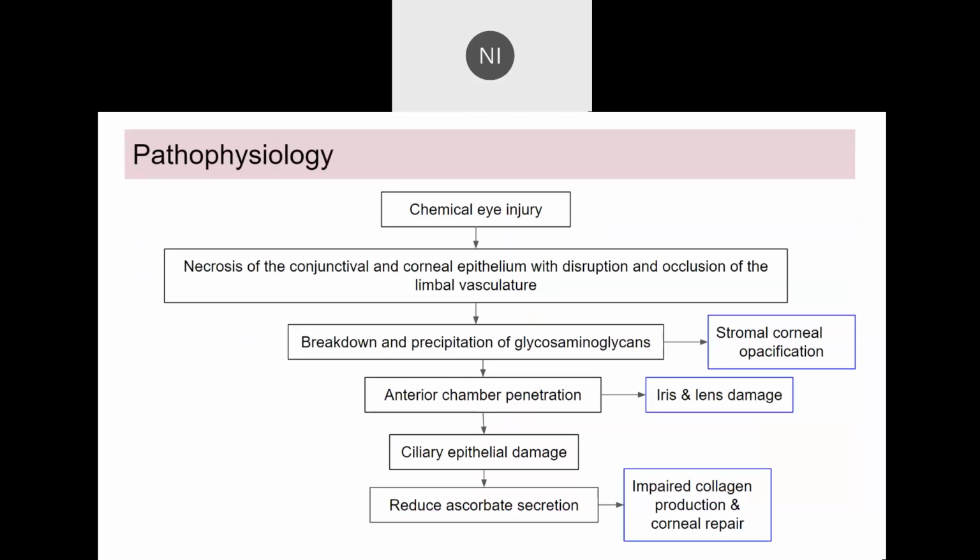Next is the toxicity. Any exposure to acid or alkali will cause chemical eye injury, and then the chemical eye injury will cause necrosis of the conjunctiva and cornea with disruption and occlusion of the limbal vasculature. The breakdown and precipitation of glycosaminoglycans and keratocytes will lead to stromal corneal opacification, and penetration to the anterior chamber will cause iris and lens damage. Then it will lead to damage to the ciliary epithelium, which reduces ascorbic acid secretion and will cause impaired collagen production and corneal